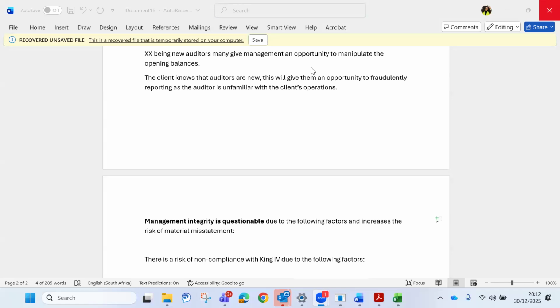Also, please explain this one. I always don't really understand. I can't get my head around the IT system being centralized and decentralized. Could you please explain how that is a risk? I just write for the sake of writing, but I don't really understand. No, you must not write for the sake of writing.